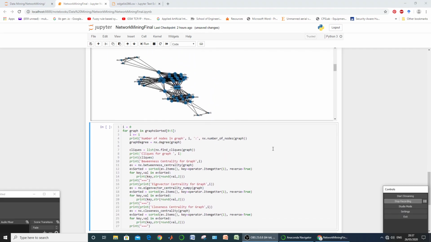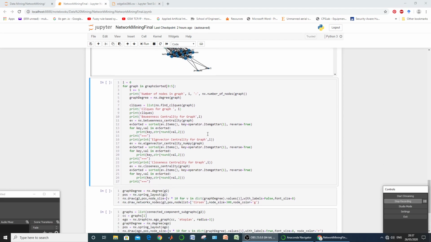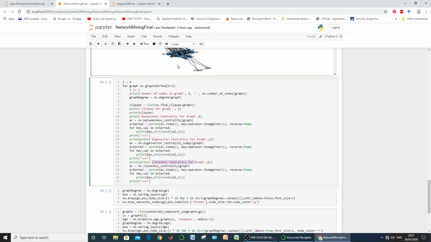The next important thing in NetworkX, or in any graph or network plotted against any real life problem, is its centrality. We have just discussed in our earlier lecture the definitions for betweenness centrality, then eigenvector centrality, then closeness centrality. And one more thing that has just appeared is cliques. What actually are cliques?